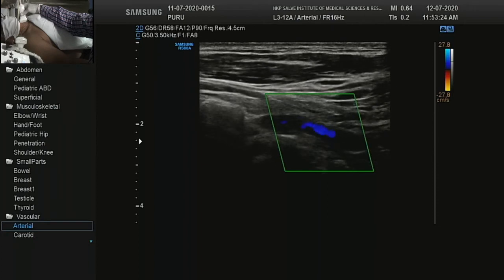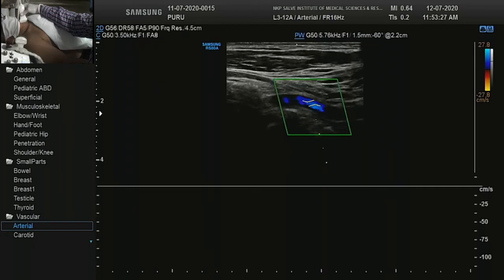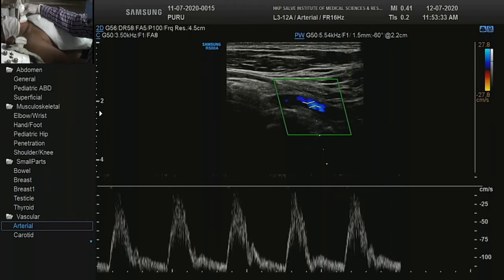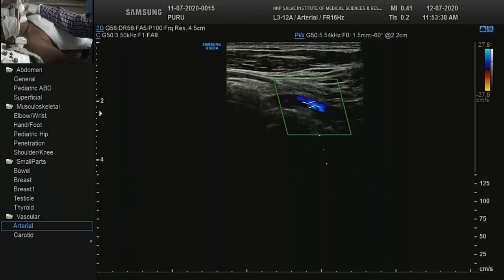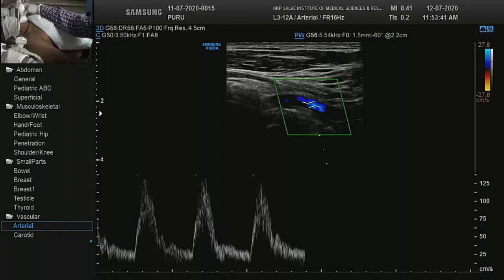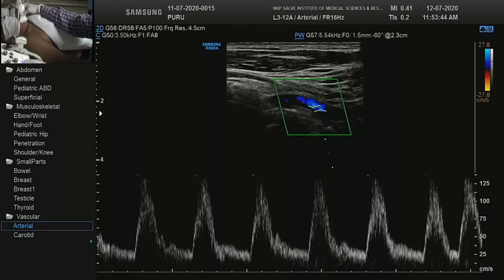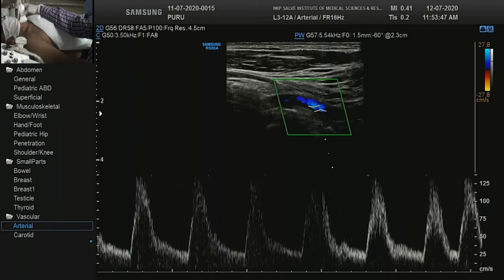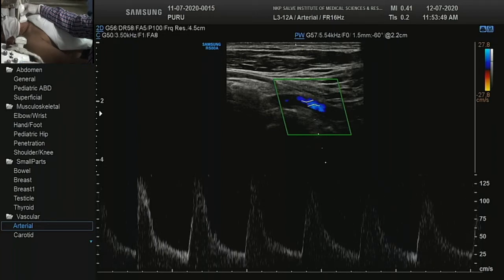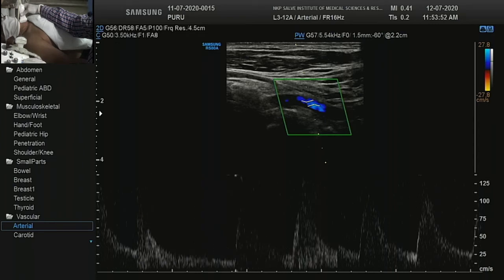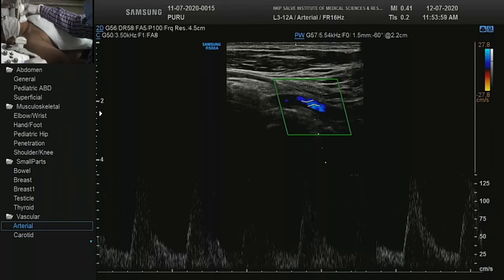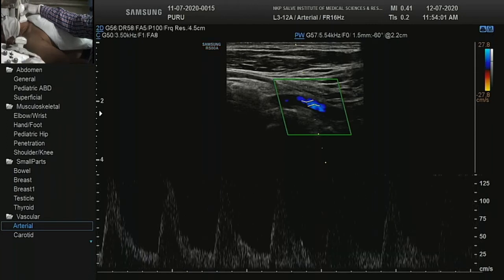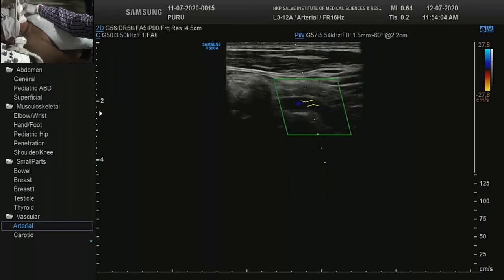I'll adjust the scale. Adjust the baseline. So this vertebral artery will always show us unidirectional flow. The flow pattern may be different if it is dominant or non-dominant, but it will never show a reversal of flow, and the systole would be very clean.